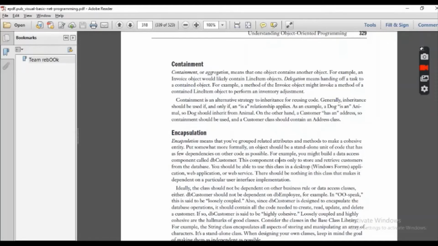Encapsulation gives us independence of binding data and methods that work on that data. For example, we have a class to print the names of customers, and we also want to get the data or information about employees.